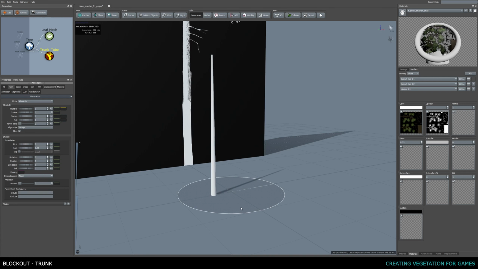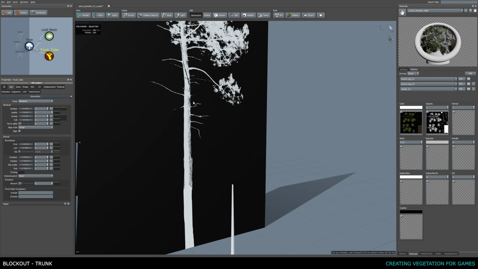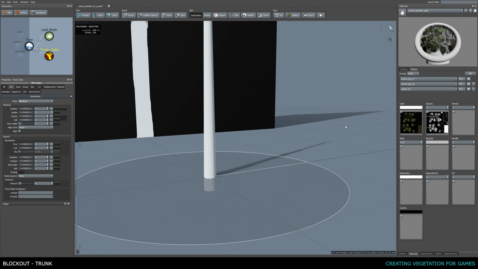Making sure that it's not outside of the center of the world. It usually isn't, so let's keep it as it is. But before moving on, let's also do a sync value. The reason why I add these in the beginning is if you forget and you do a lot of stuff